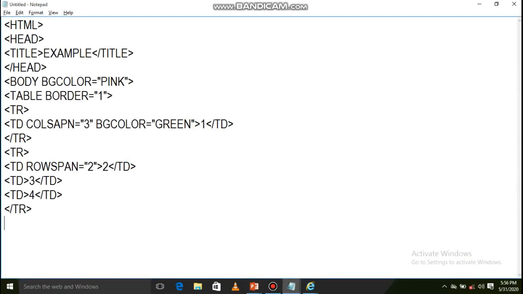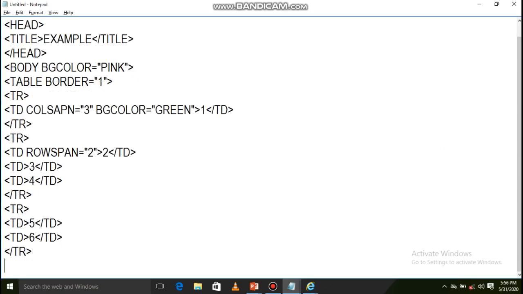Next go to the code again, tr, td 5 td close, td 6 td close, at last tr close.